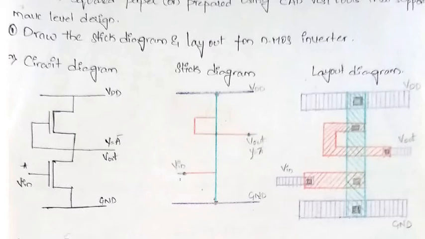Okay, red shows the first polysilicon, the red line shows your polysilicon 1, and a small blue line is over here. This is your output, V out or A bar, and the input is given by one more polysilicon, that is also red, and you are giving this A stick line or the gate terminal by one metal layer, and that is blue. This is your stick diagram. Now by seeing this stick diagram, it is very easy to determine the layout diagrams also.